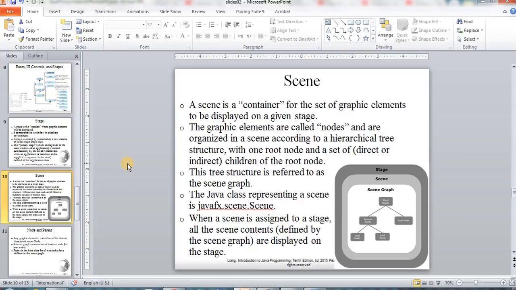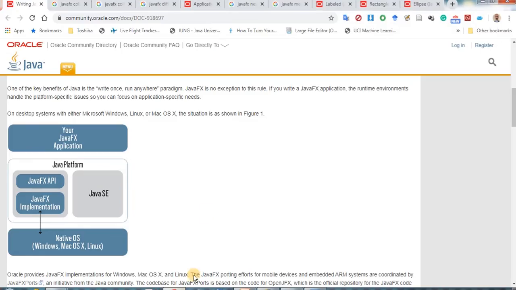Inside each scene, we have a set of graphical components. They are called the nodes. These nodes are usually organized inside the scene into something called the scene graph, which is a tree that has a root, and the root will have children, the children will have children, and so on. What does this mean? If you look at any JavaFX application,